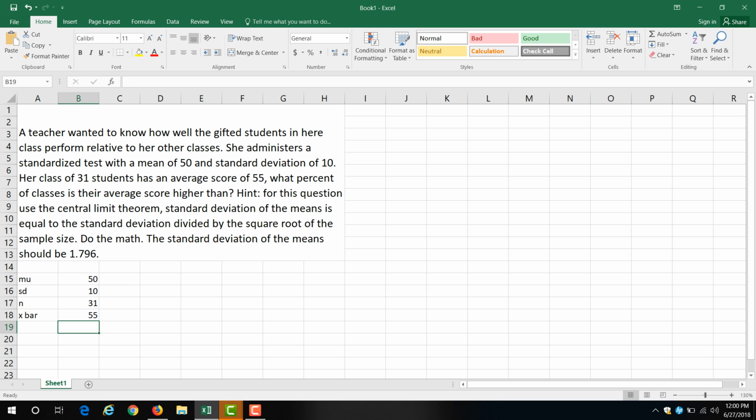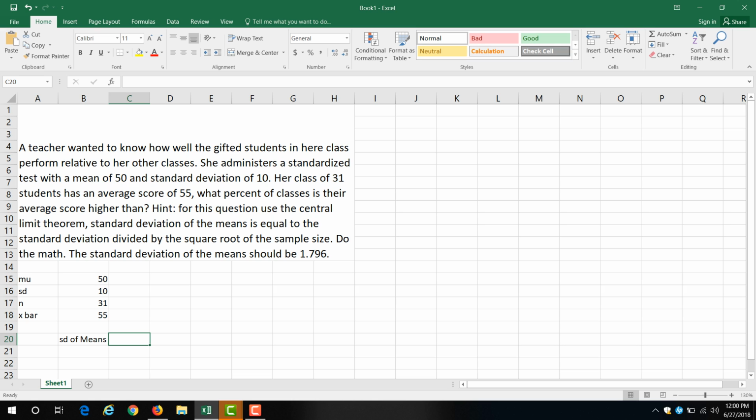55. So the trick on this is we're talking about averages, so we're going to use the standard deviation of the means. So I want to figure out the standard deviation of the means. Let me expand this just a bit so we can get it all in. In order to do that, there's a formula. This is the central limit theorem, right? So I'll take the standard deviation of the population, which is 10. I'm going to divide that by the square root of my sample size. So that's square root, parentheses, my sample size is 31 students. Okay, and I come up with